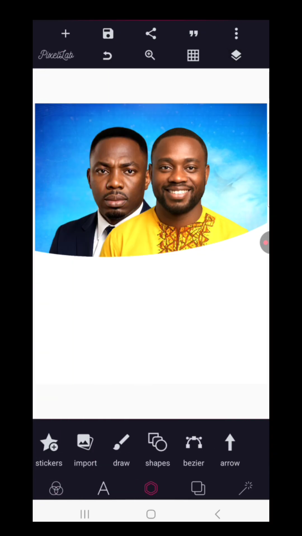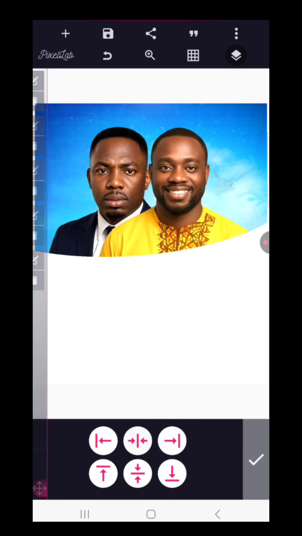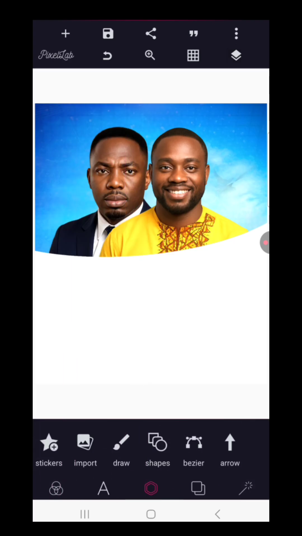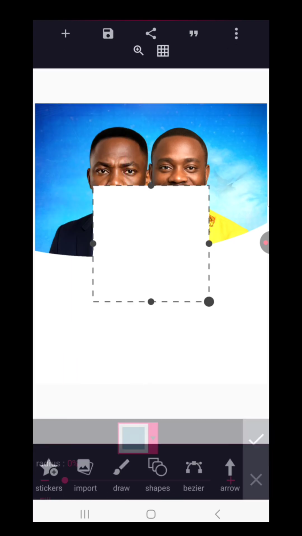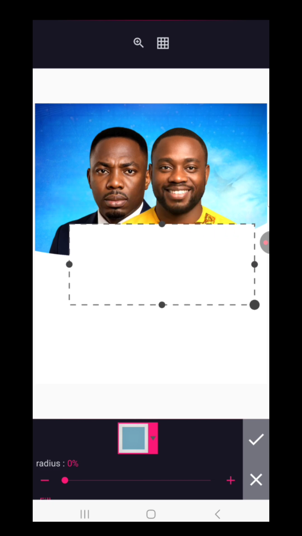Okay, just lock everything up for now, and select the two of them. Let's try to see if they're to the middle. Yeah, so they are already to the middle. Now the next thing we're going to do is select a simple shape, kind of a square shape here, make it a rectangle though,